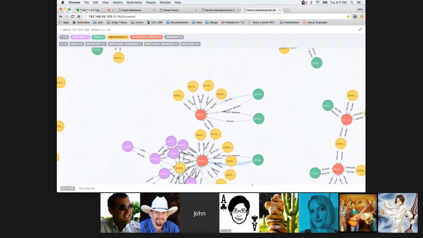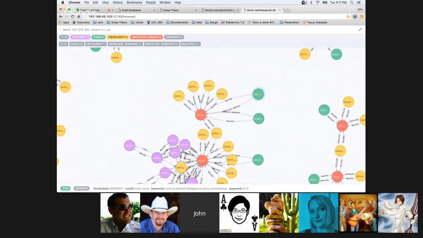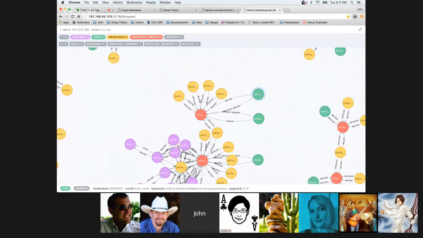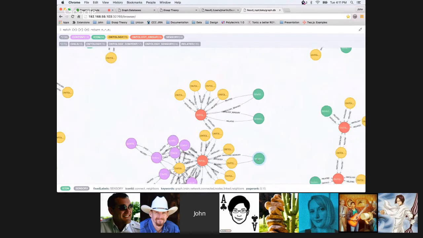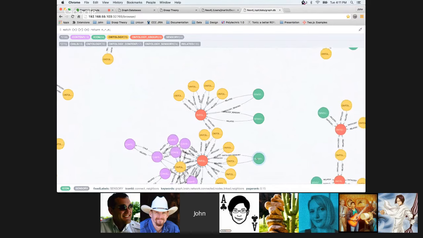Okay, so here you see I have what I'm calling a sensory node, and that represents an icon that's in my system. So I have 3 icons here. And this icon has multiple keywords. On the bottom of my screen you see that this icon has keywords brain, AI, artificial intelligence, wiring, neuroscience. This one has the same set of keywords. And this one down here is a little bit different. This one has graph, brain, network, connected nodes, linked neighbors. Okay, so different sets of keywords, but you notice that they both share the word